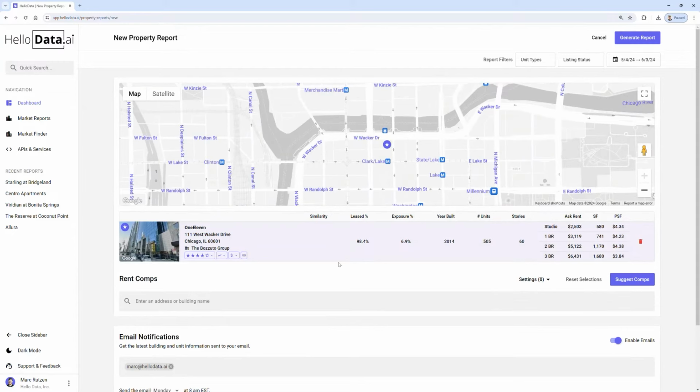Now, when you first pull up a property, we're going to present some high-level info on that property just to show you that you're on the right deal. So we'll show you average rents by bed count, kind of a high-level summary. This will go all the way down to individual unit level, showing the full price history of each unit once you generate the report. So number of stories, number of units, year built, and then since we only use publicly